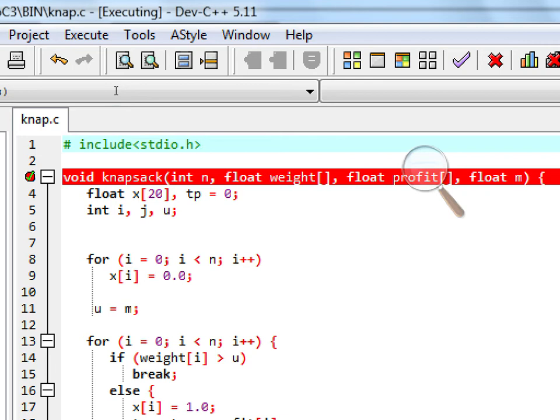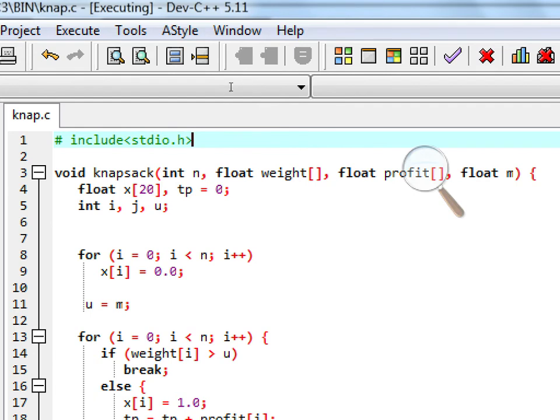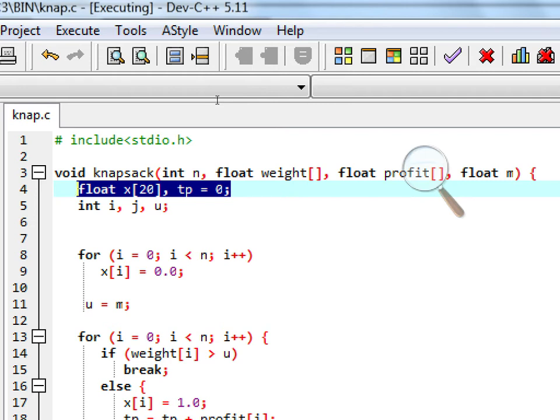Now within the void knapsack we have int n, that is the number of objects, float weight, which is a float array, then profit, again a float array, and m is the knapsack size. Now here we consider a solution vector, and tp is the total profit.